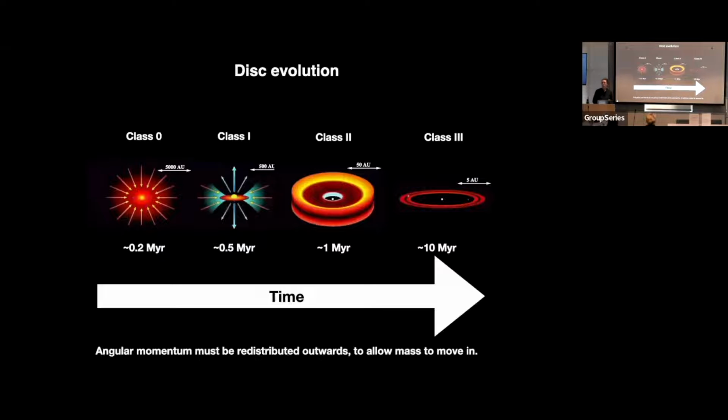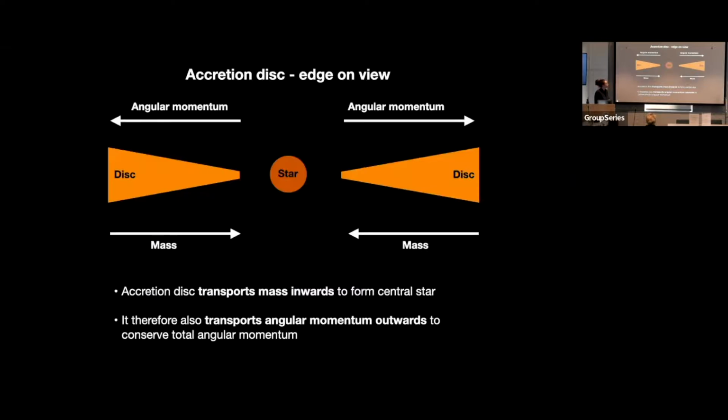Can I ask a question? Yes? Do you see a gap between the disk and the star, like in that graphic? Is there that big of a gap? So this is somewhat schematic, but in general, you basically do have an inner edge that has been photoevaporatively cleared by the central star. This is exaggerated, but there is a bit of a gap there, yeah.